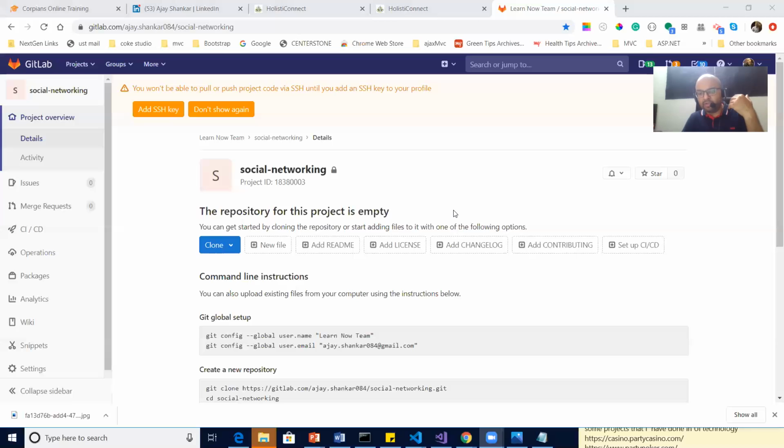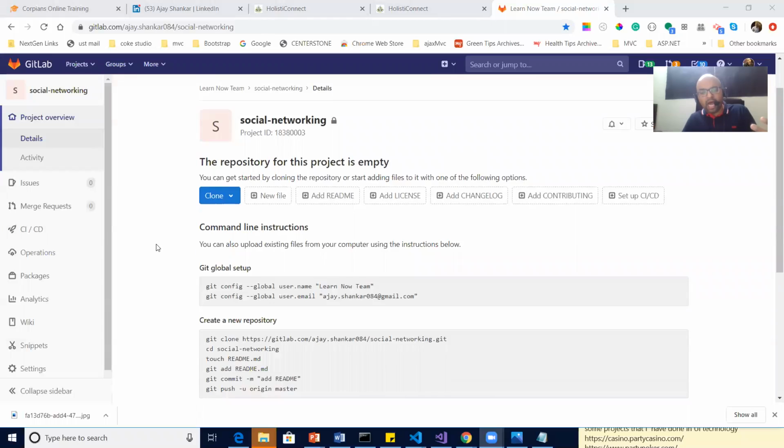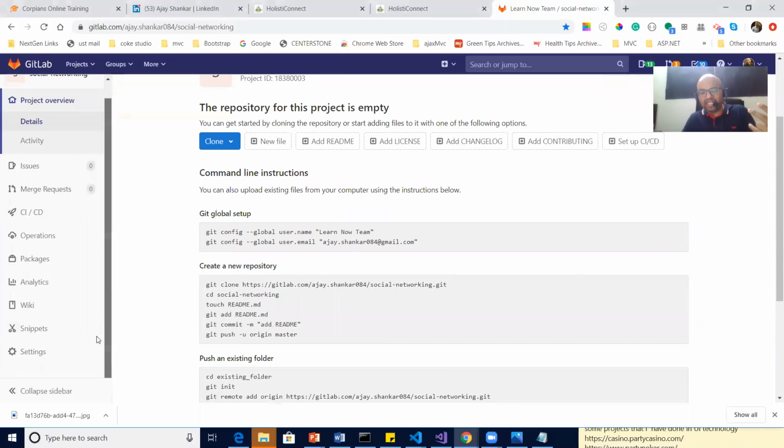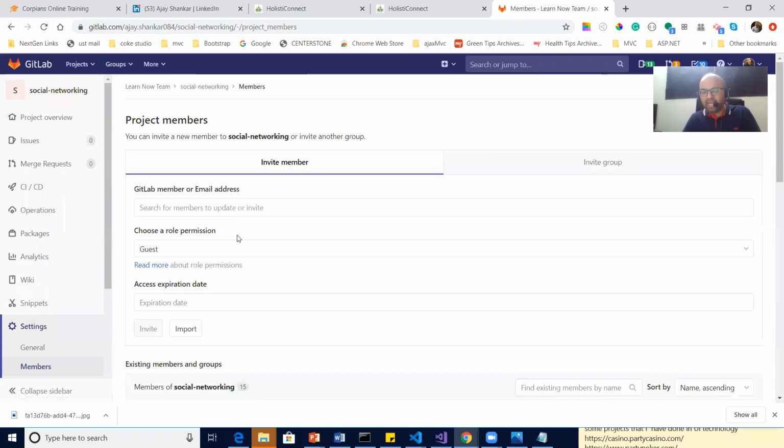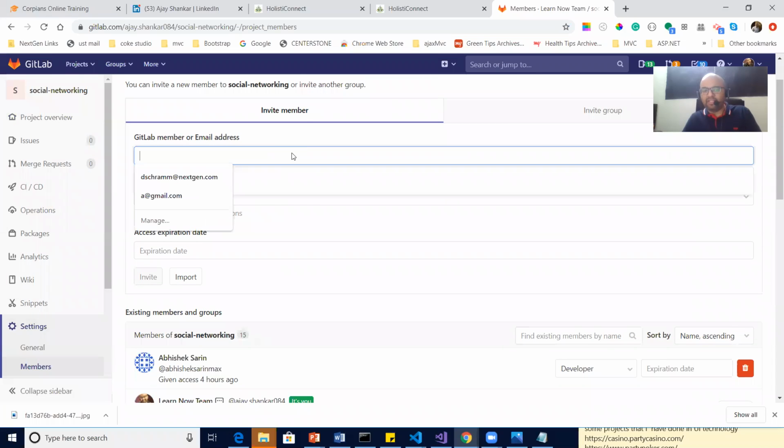Now I'll give two more examples of workflow over here. One is the functionality to add members. We are at the social networking project. We go to settings, then members, click on members, select members, and here we can add anyone's name.